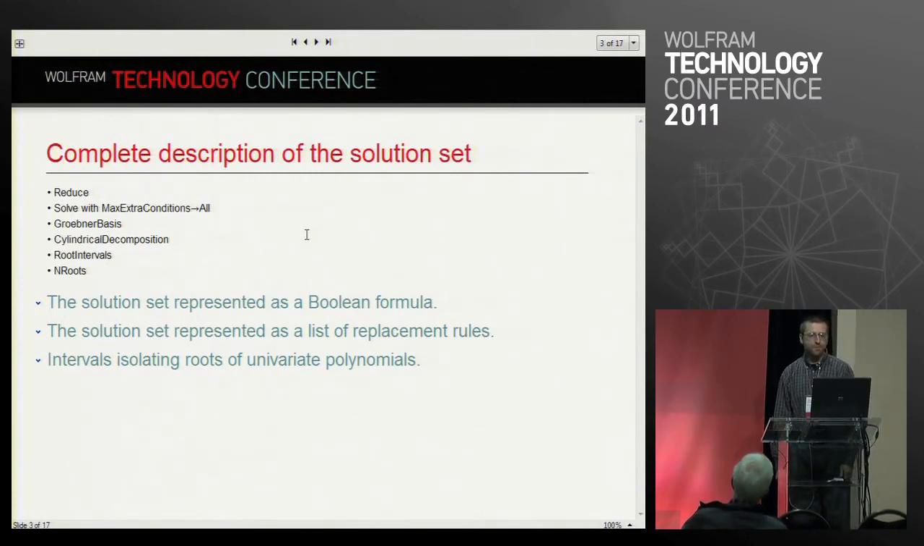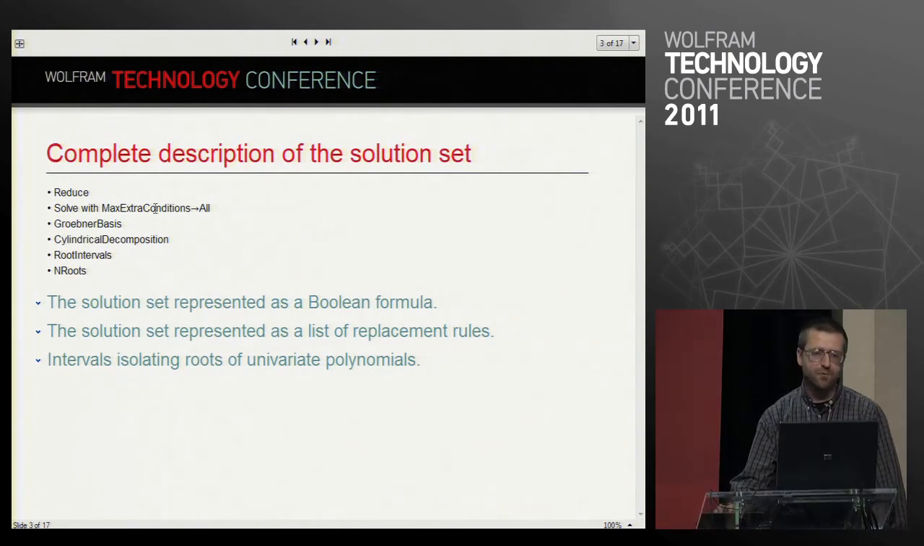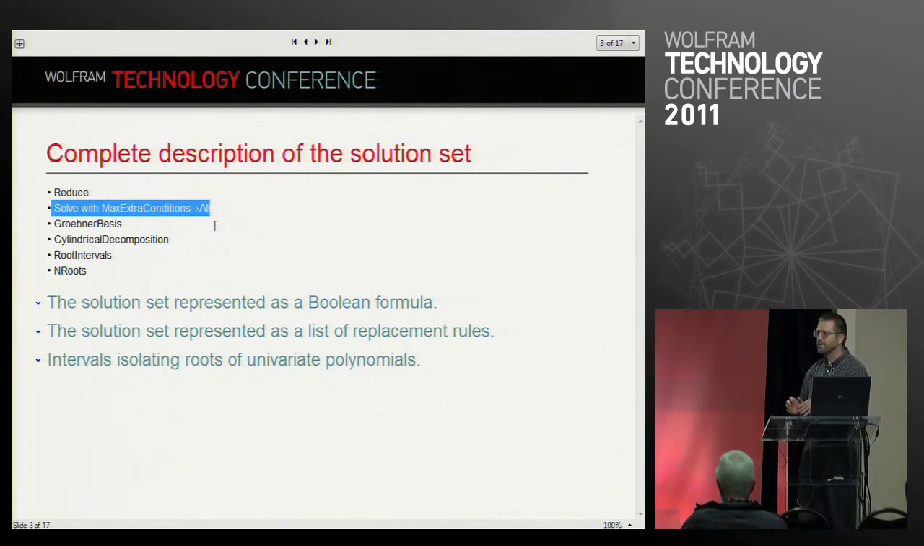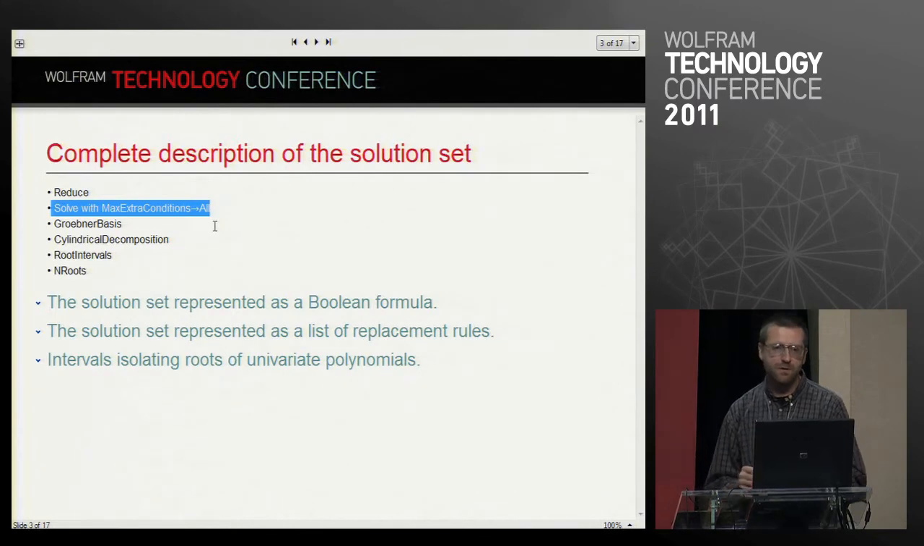So for complete description of the solution set, the two main functions, the most general ones, are Reduce and Solve with Maximum Extra Conditions going to zero. Both those functions are basically doing the same thing, except that Solve will represent the solution as a list of replacement rules, and Reduce will return a Boolean formula describing the solution. And the other functions on the list are